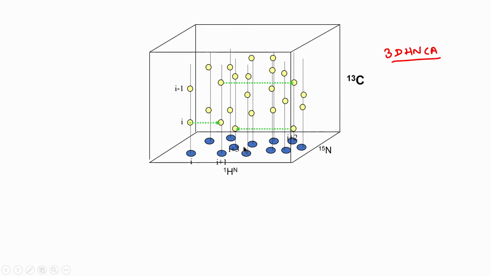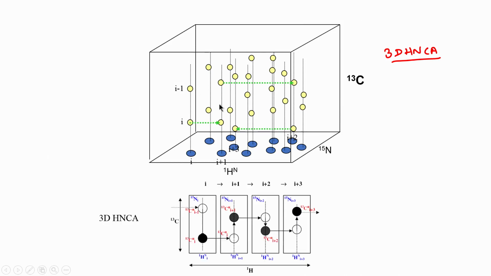Okay. So that is how assignment is done, but as I said, after this you may get a break. You may not be able to see I plus 4, because I plus 4 may be missing in the spectrum, because either peaks are weak or there is a proline. I plus 4 could be proline. So we do not know what is I here. We started from some arbitrary I and then walked along the backbone. Similarly, I can go to I minus 1, which will be shared with some other I minus 1 and so on.